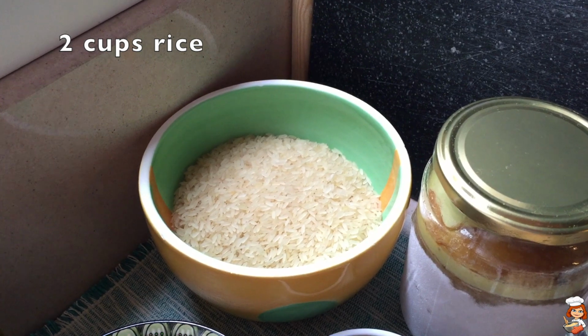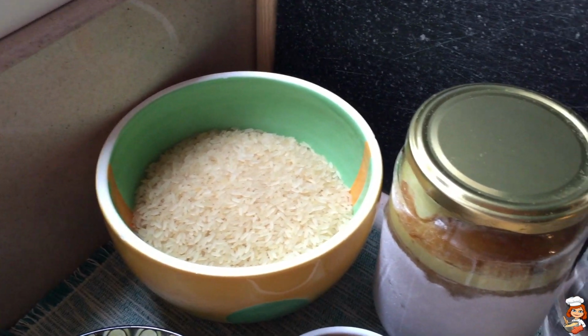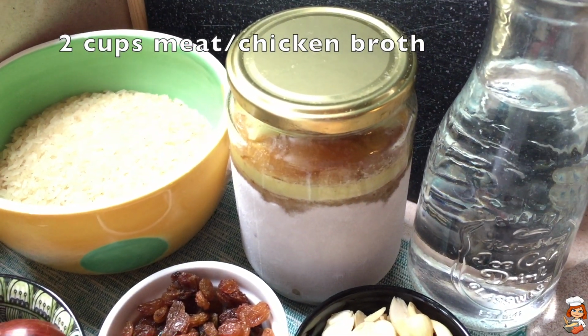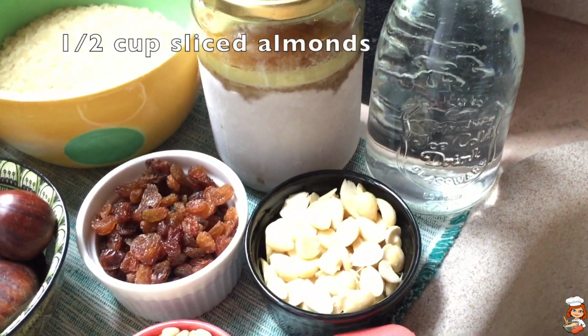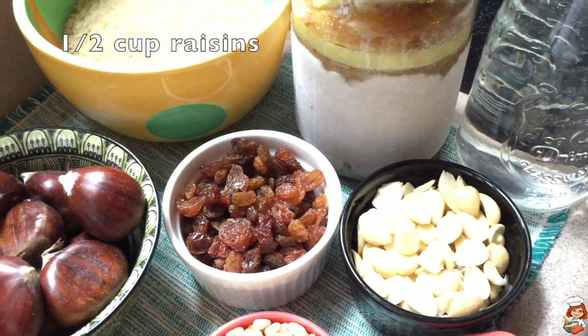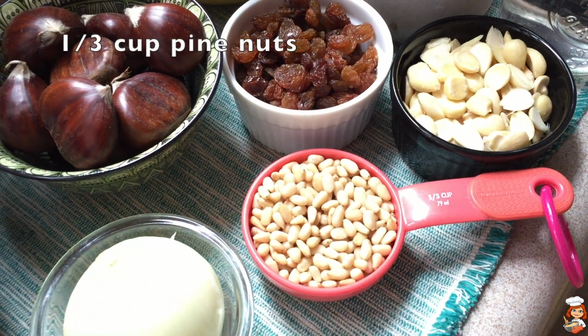For this recipe, I'm going to be using 2 cups of yellow parboiled rice, 2 cups of meat broth, and I have homemade one, but you can use anything you have, 2 cups of water, and in case you want to use additional broth, it's okay, half a cup of sliced almonds, half a cup of raisins, a third of a cup of pine nuts,